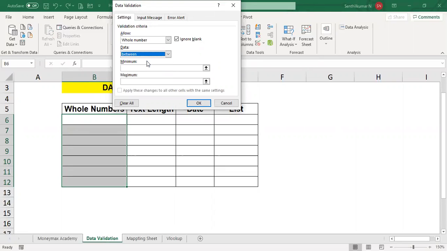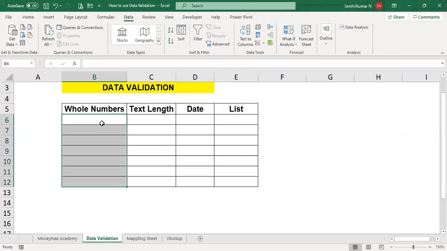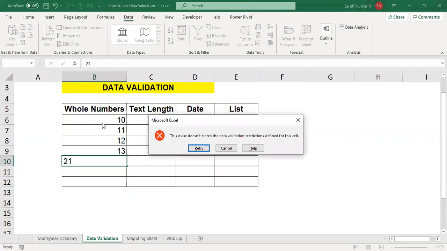Now I am giving one example for between. Suppose you want to allow data from 10 to 20 only. Please listen. If you type 10, no problem. 11, okay. 12, okay. 13, okay. Suppose you type 21, it will not work.